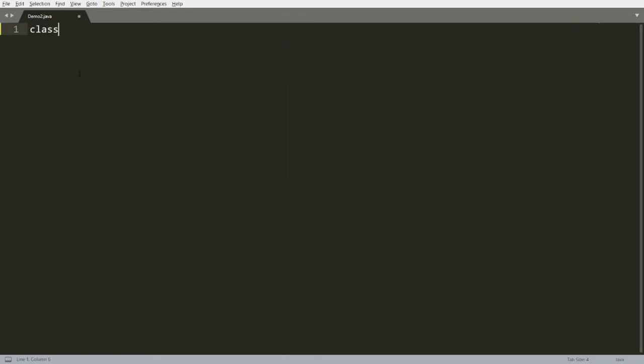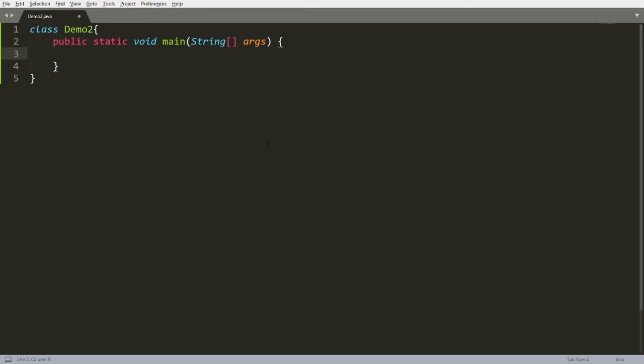Now I'm declaring a class, for example demo2. Now we discuss what public static void main is. Public means it is accessible everywhere; outside the class can also access it. Static means no need to create the instance; it will be called automatically. Void means this function is not returning any value. Main is the entry point, so the JVM will check that main is declared, and if it is declared, it will execute the function main from here. And this String args array is the command line argument. This is what we explored in the last lecture.